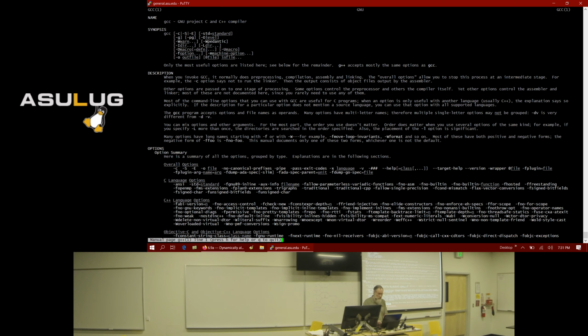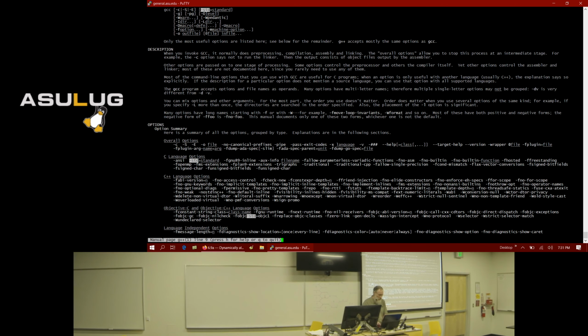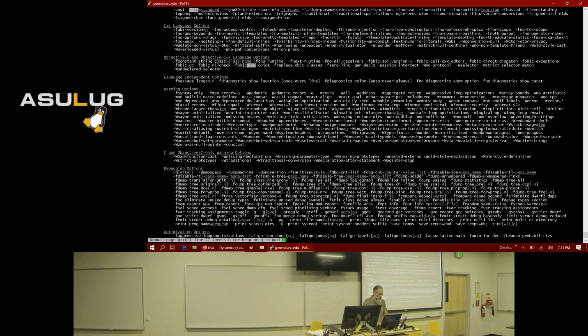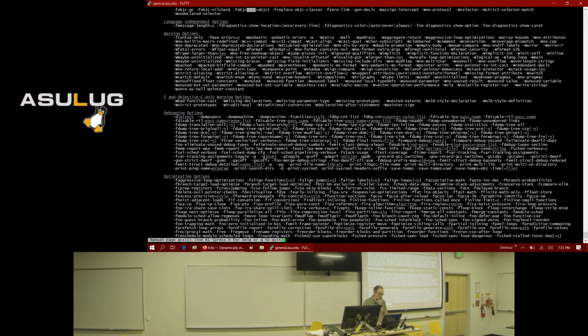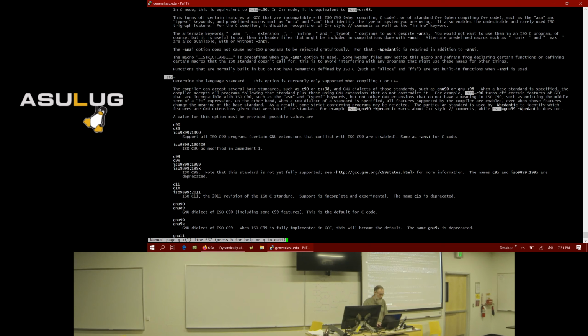You just hit a / and then you type the string you want to search for. And then if you want to continue searching, you just keep hitting / until you find the actual location. So there it is.